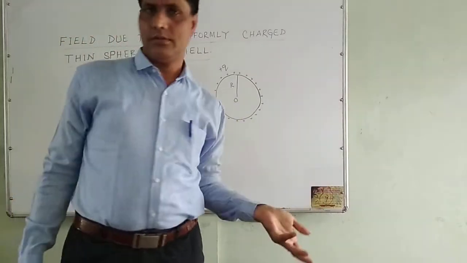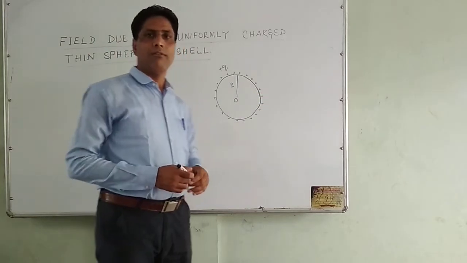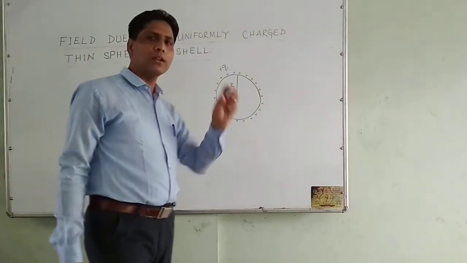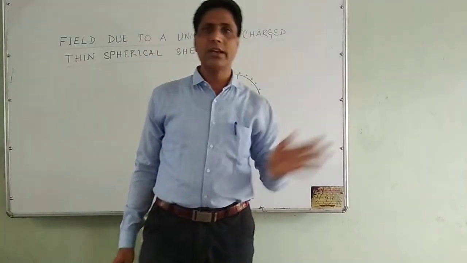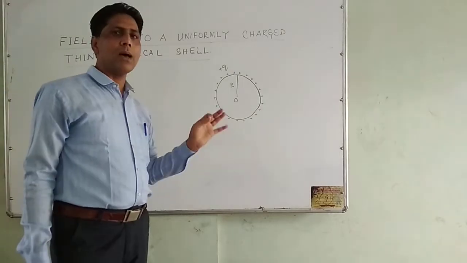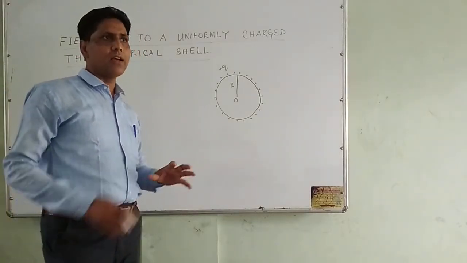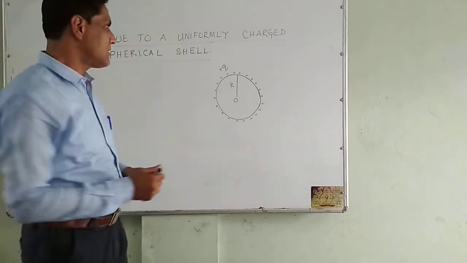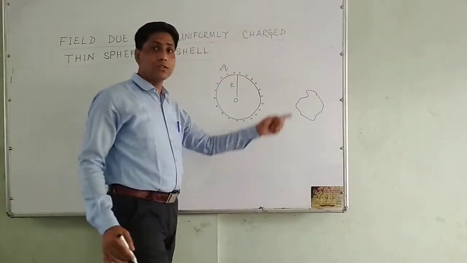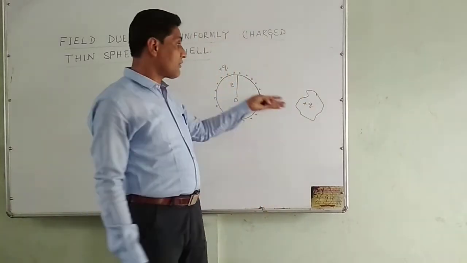Gauss's theorem, most of you have learned in previous chapters, says that the total electric flux around any closed surface is equal to 1 by epsilon naught times the charge enclosed. For example, if a closed surface encloses some charge Q, then the electric flux